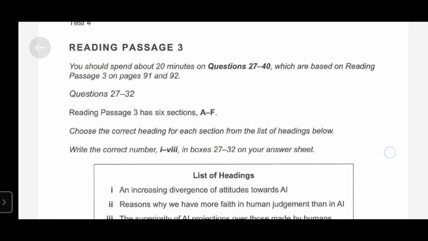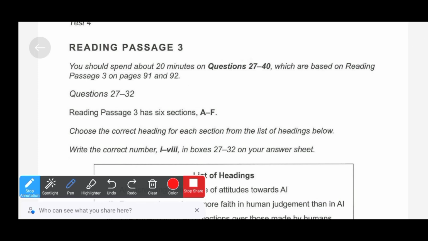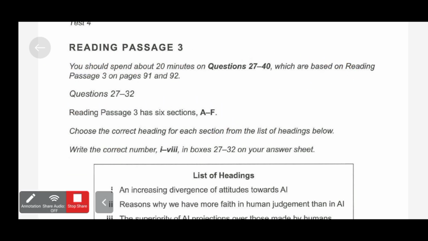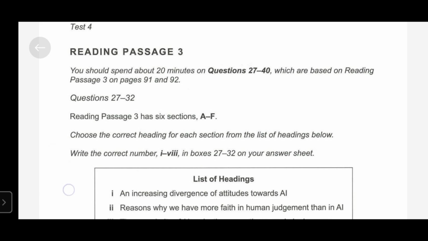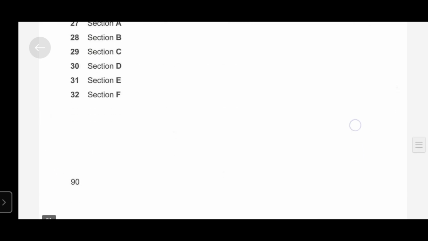So let's look at one example which I am going to solve in front of you. This will give you an idea of how to solve this type of question. Firstly, you need to read the instructions carefully, because guys, sometimes the instructions say you can use one heading more than once. In that case, if you forget to read that, you will get one answer wrong. So after reading the instructions,